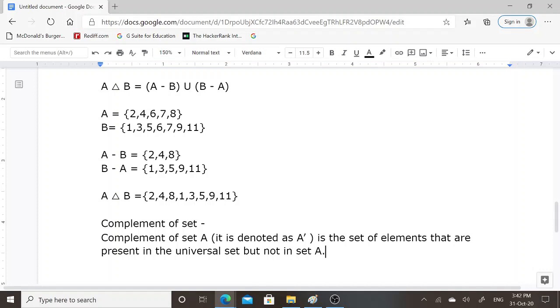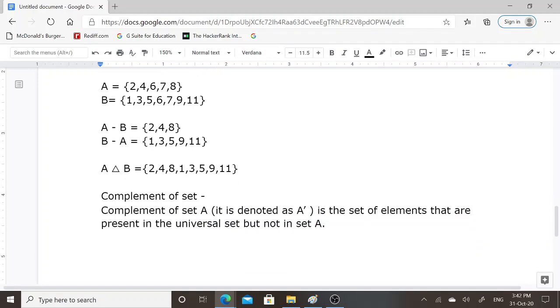In complement of a set A's operation, we have to include only those elements that are present in universal set but not in set A. Here we have to consider universal set as 1, 2, 3, 4, 5, 6, 7, 8, 9 and 10. These are the elements present in universal set.